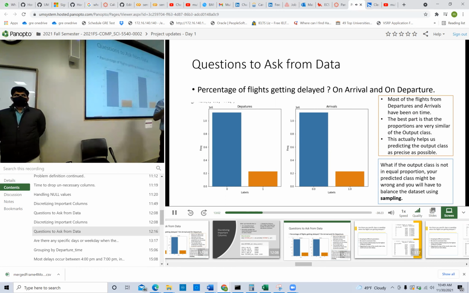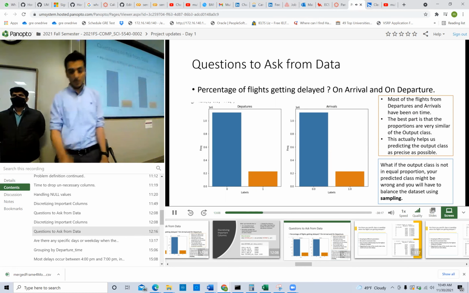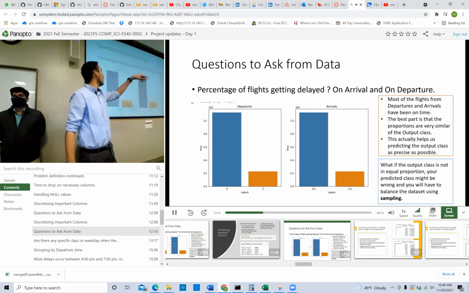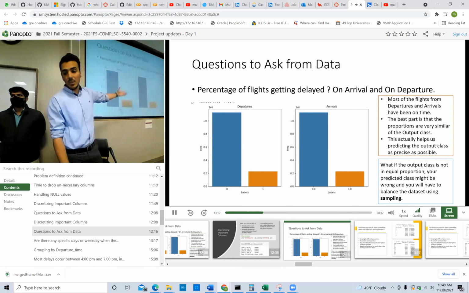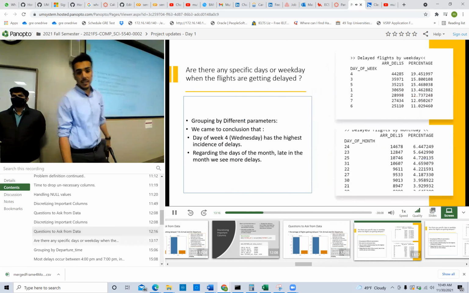It is trained more on faulty, so you expect the result to be faulty. That's why you have to keep them in equal proportion or equal sampling. Otherwise, you have to do undersampling, oversampling. There are many techniques just to generate equal data sets.